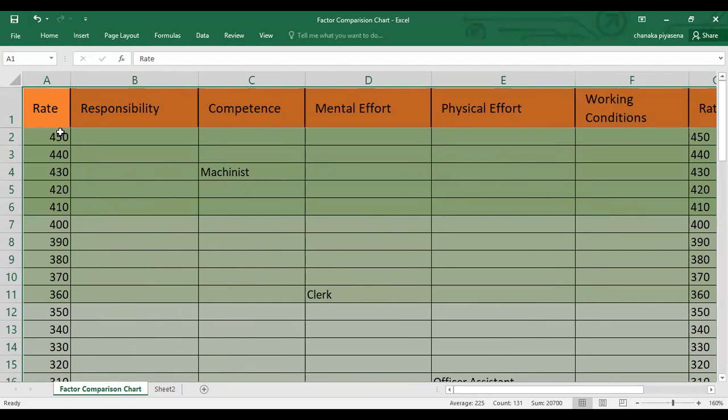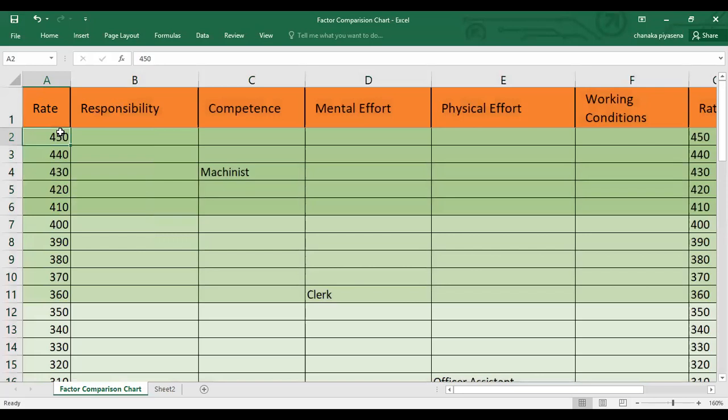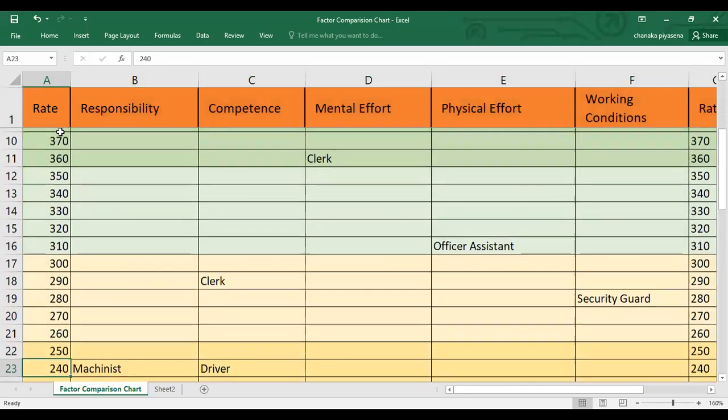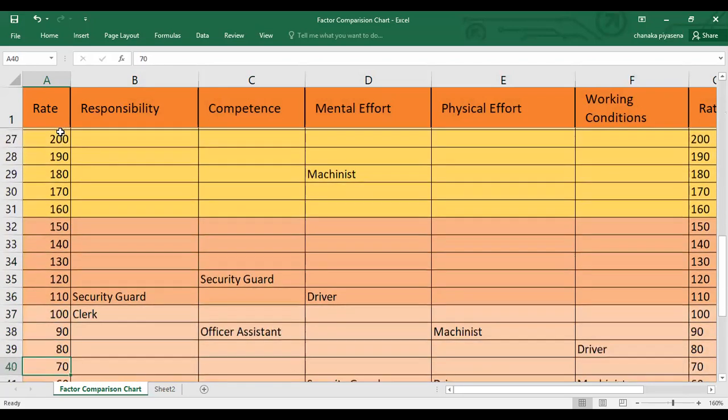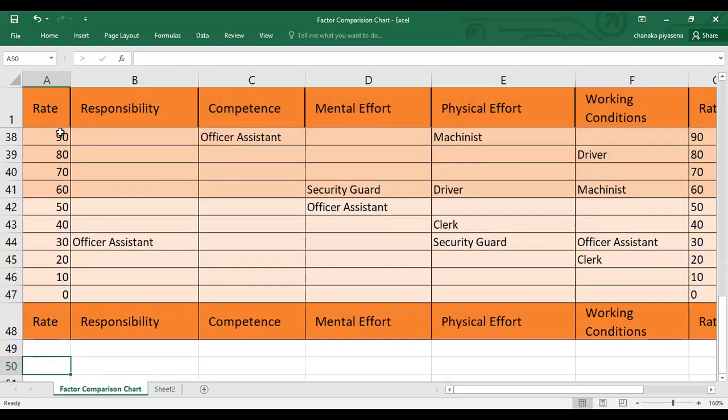Then we divided daily wage among these factors. As a vertical axis, we are assigning the rates. Then as per our table, in our previous table,